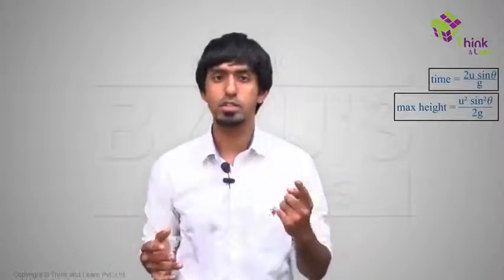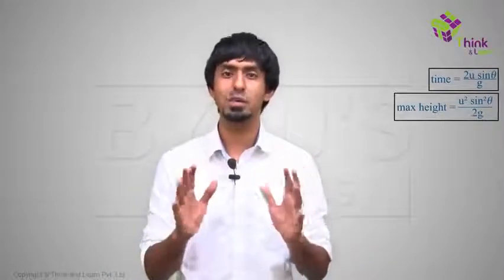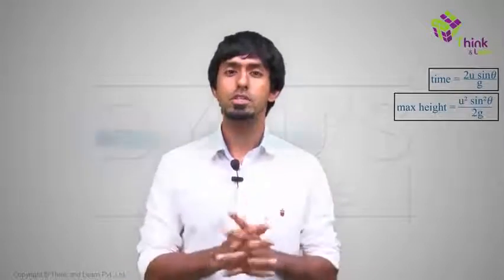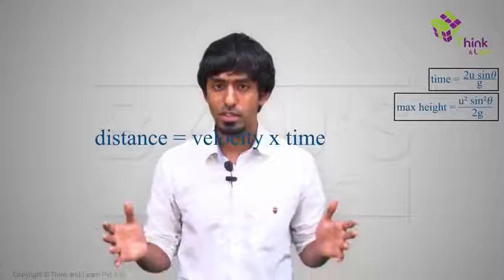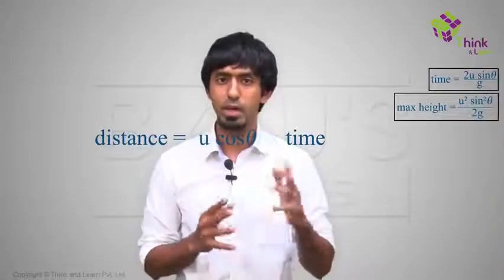So what do you have here? Some distance that you must keep the net at. You need that distance. You have the velocity. You have the time. This is an 8th standard question, okay? Find the distance given the velocity and the time because it's uniform motion. So what's your velocity? U cos theta. What's your time? You already have it, right?